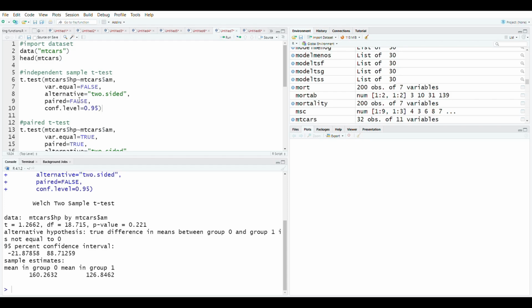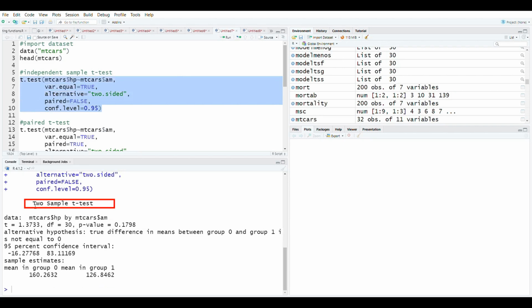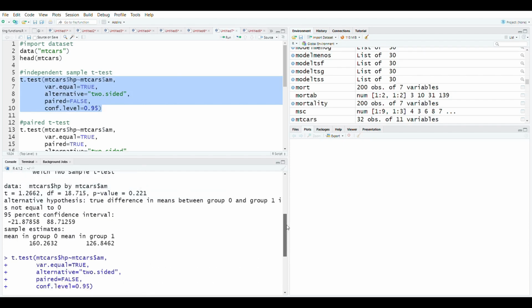If you can see, there is an argument called var.equal that stands for homogeneity of variance. Its default value is false. That means it is not taken into consideration. Let's change it into true. I will run this again. And now I will get two sample t-test, which is the student t-test. Whereas previously I was getting Welch sample t-test.